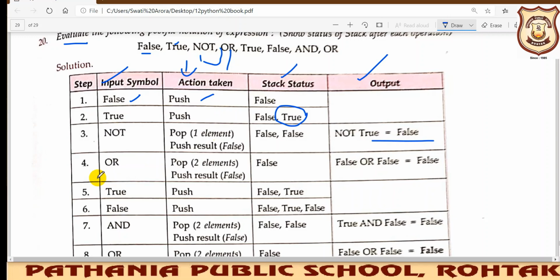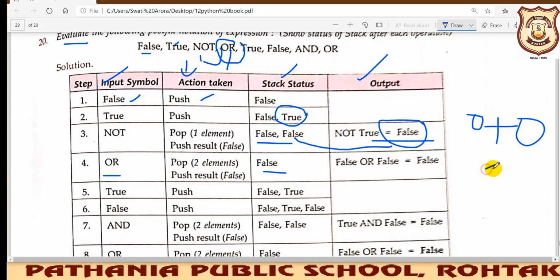Or is a binary operator, so we will take false and false together. False means 0 plus 0, what will it give you? 0 only. So again the outcome is false. False or false is false only, 0 means false, right? So we will push it back here.